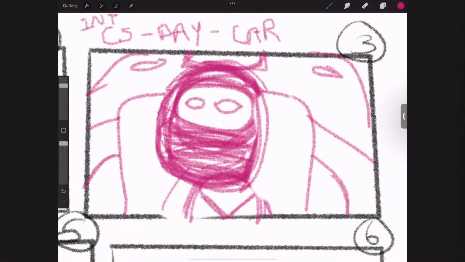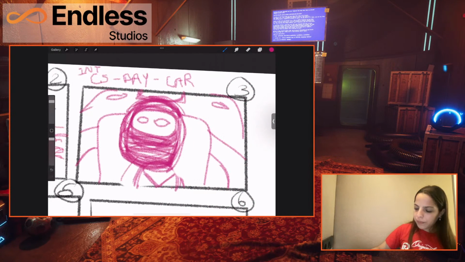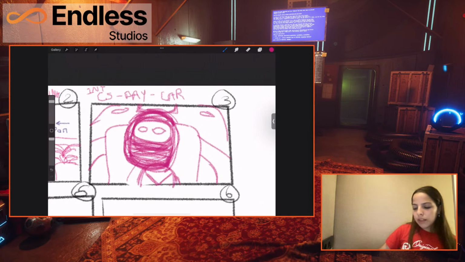Now I'm immediately jumping to the scene of our character driving in a car. So what we did now, we set the location, we set the time of day, and we set the framing of the shot. So it immediately goes from the meeting room directly to them being on track.